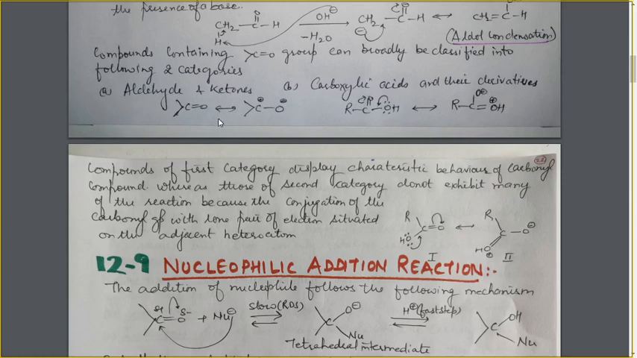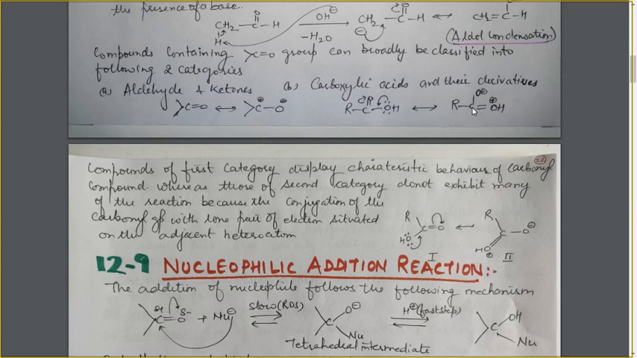If we consider the structures of aldehydes and ketones and of carboxylic acids and their derivatives, in the case of aldehydes and ketones, there are two resonating structures. This structure has very much less stability, so this is the major structure for the carbonyl compound. And in the case of carboxylic acid, these are the two resonating structures for the carboxyl group. And because of this structure,